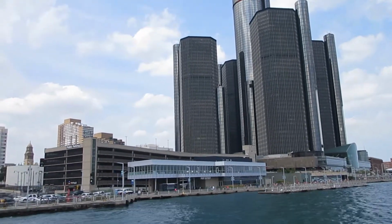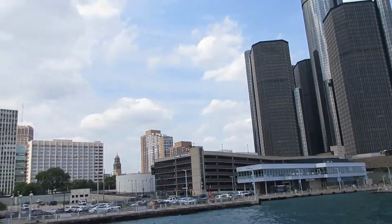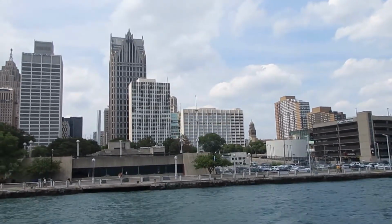Right now, we are approaching downtown Detroit, where you'll be able to get a great view of all the buildings that Detroit has to offer. Right in front of that is Hart Plaza, which is around